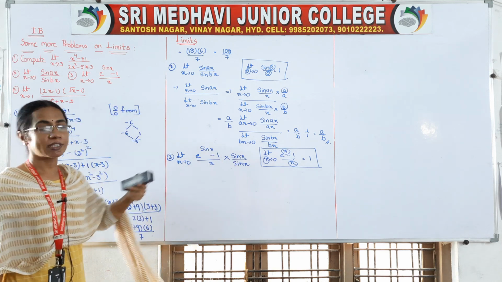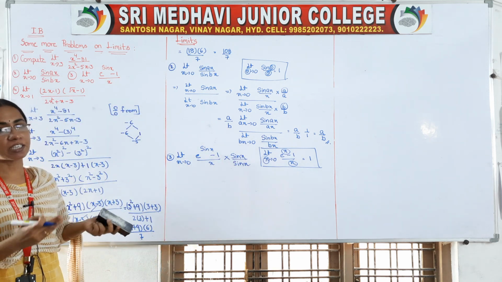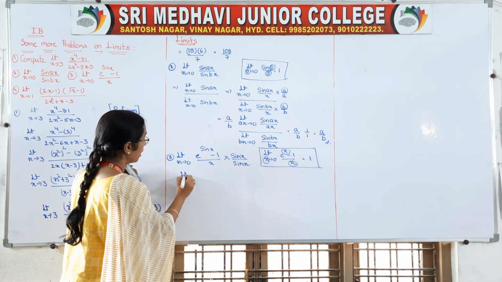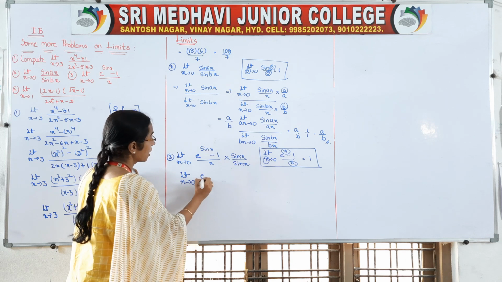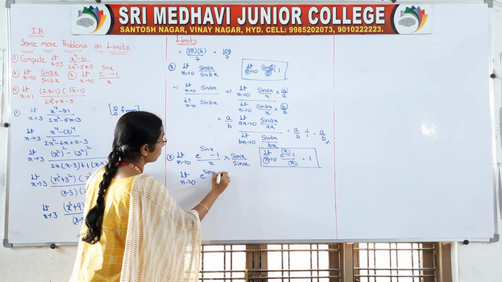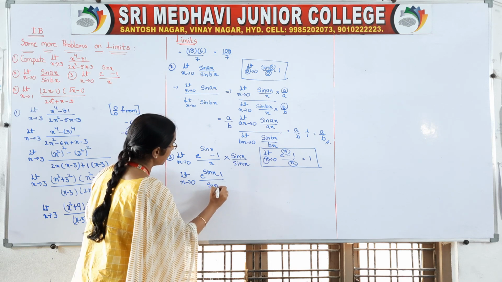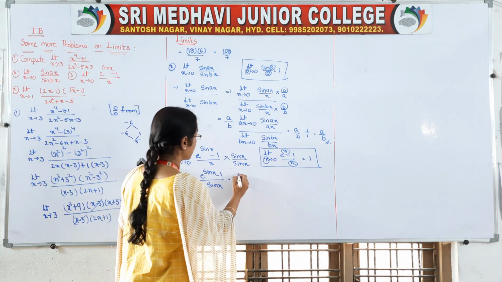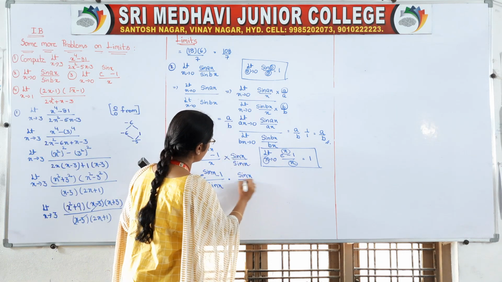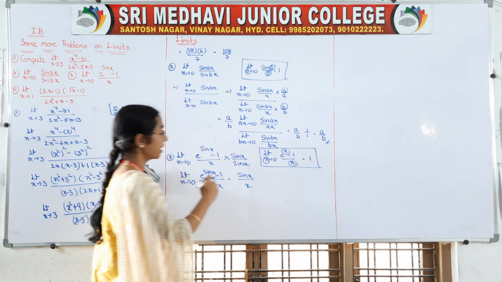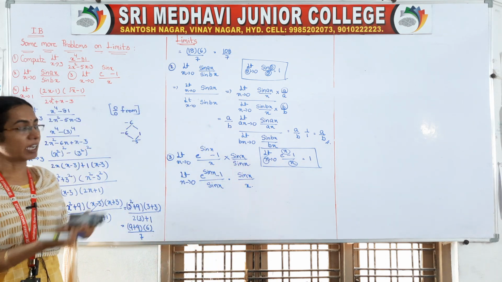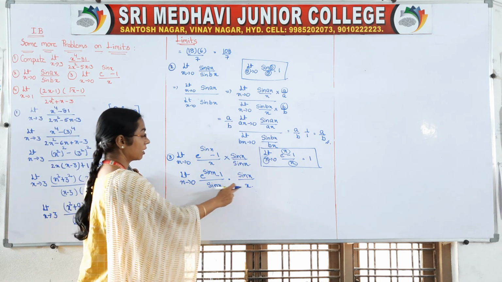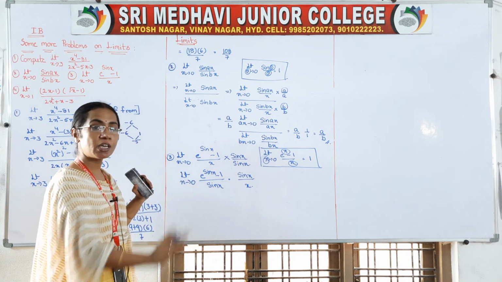So, send x to that side. It is multiplication. We can rearrange a into b as b into a also. So, limit x tends to 0 of (e to the power of sin x minus 1) by sin x. This term we want according to our formula, and we can write this as sin x, and we will send x this side. Just a into b we have taken as b into a according to our situation. Okay. Now, two terms are there, apply the limit separately for the two terms.